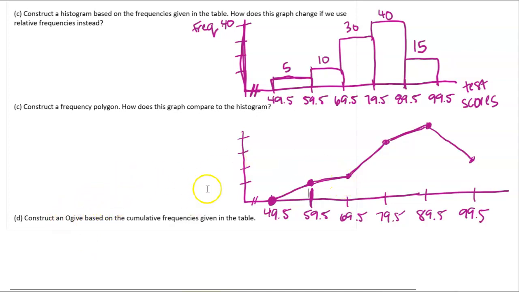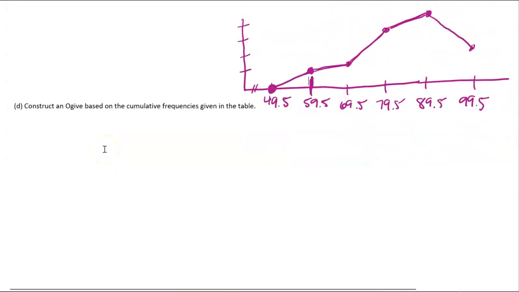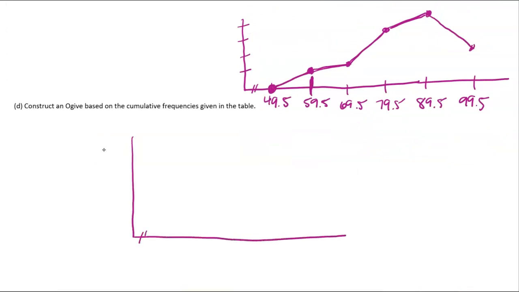So ogives look like the frequency polygons and the histograms, but we're going to use cumulative frequencies in order to create this. Therefore, what we have to make sure we do on our y-axis is go all the way up to